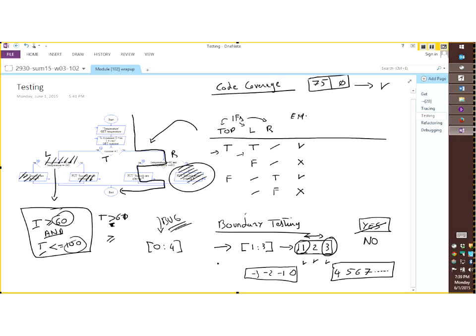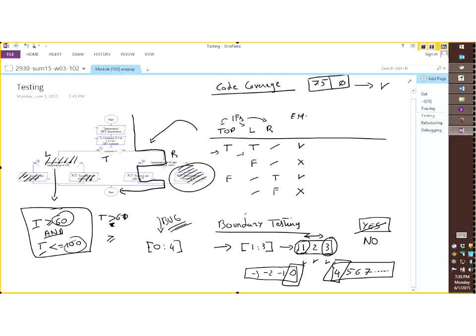But then, as Eric suggested, we need to also test the negative, the things that should fail, to make sure our program distinguishes clearly between the interval that's valid and any other possible value. So again, can we go and take every possible value? Yeah, we probably could, but this is going to be silly and really not practical. So instead, we use the same linearity assumption to say we're going to test 0 and 4.